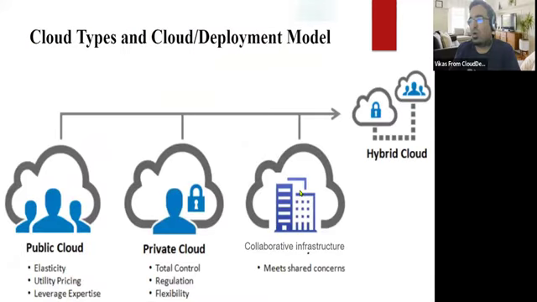Now, varieties of clouds are available: public cloud, private cloud, collaborative cloud, hybrid cloud. When it is accessible very simply with the help of the internet, or shared, that is called public cloud. If it's only related to you, your rules, your network, your definition, your regulation, your flexibility, that is called private cloud. Private cloud service in AWS is known as